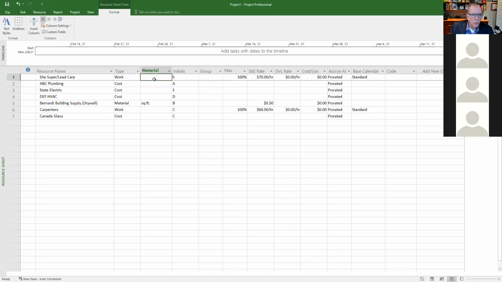You have limits to what you can type. If I didn't make it a work resource, I can't type anything in here. The only one I can type in is when I make this a material, and then this only allows me to do certain things as well. I can't put an overtime rate. I can't put a maximum over here, right? So however you